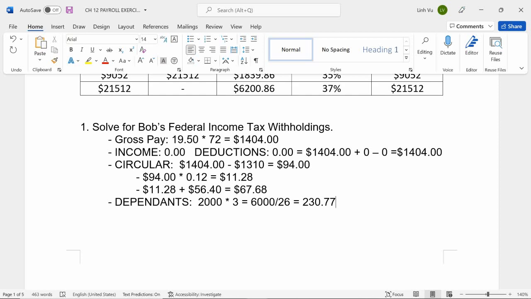Okay, so $230.77, right? Now the rule here says that this is going to be subtracted out from the federal income